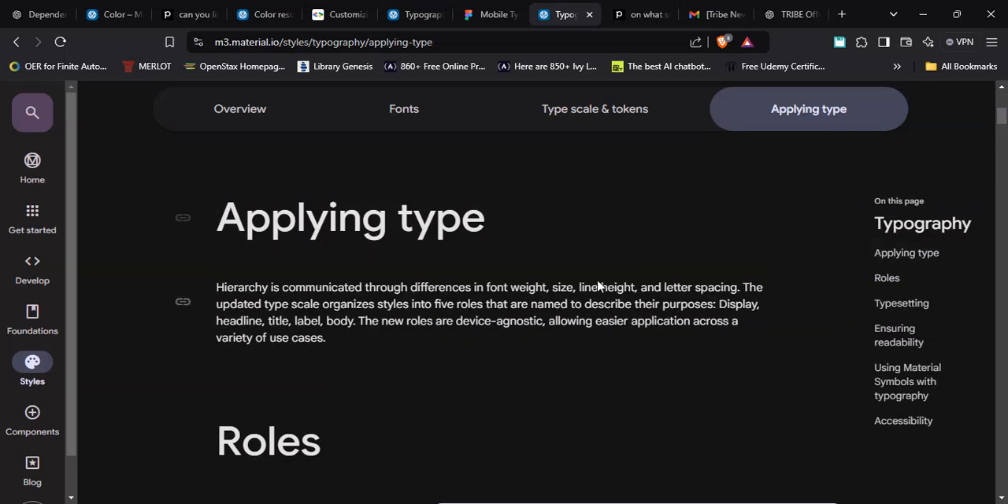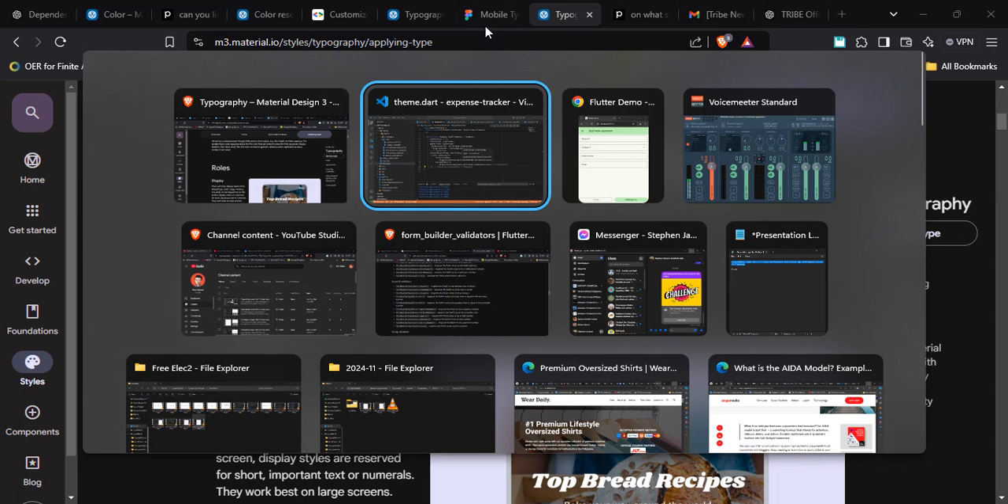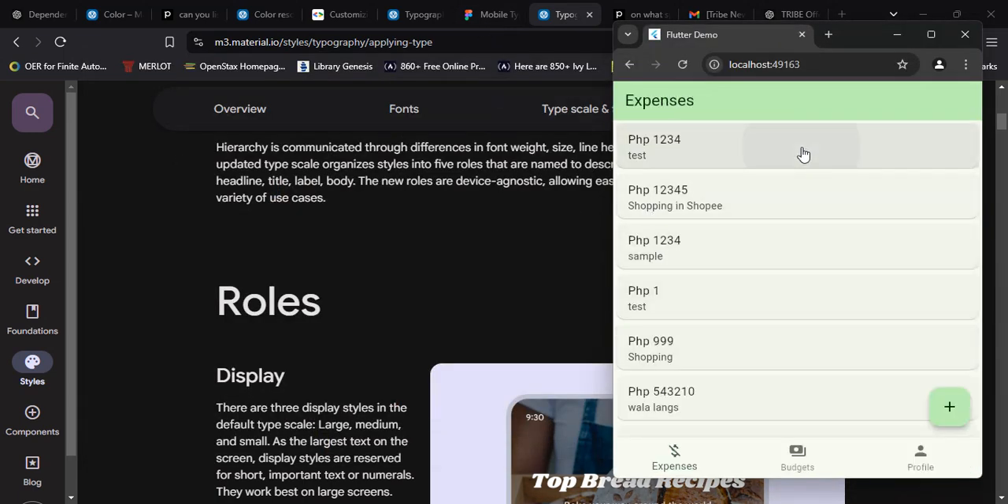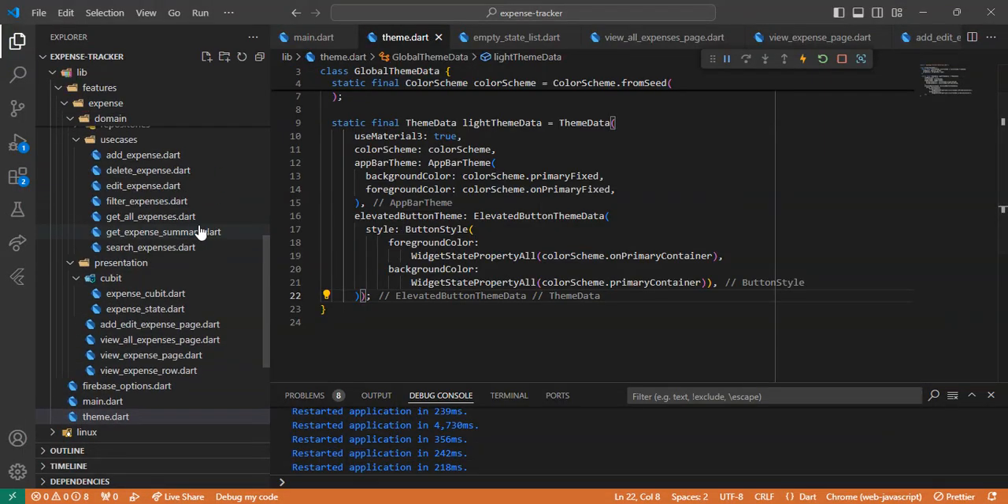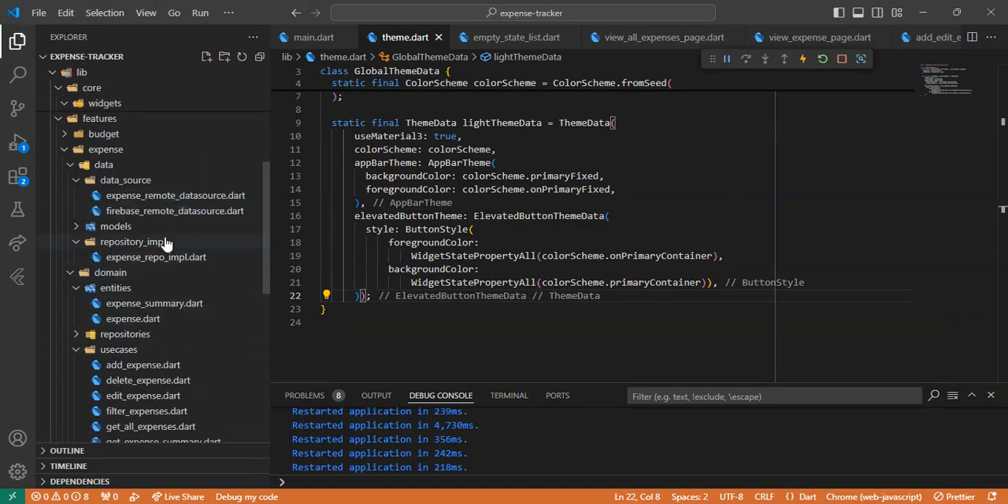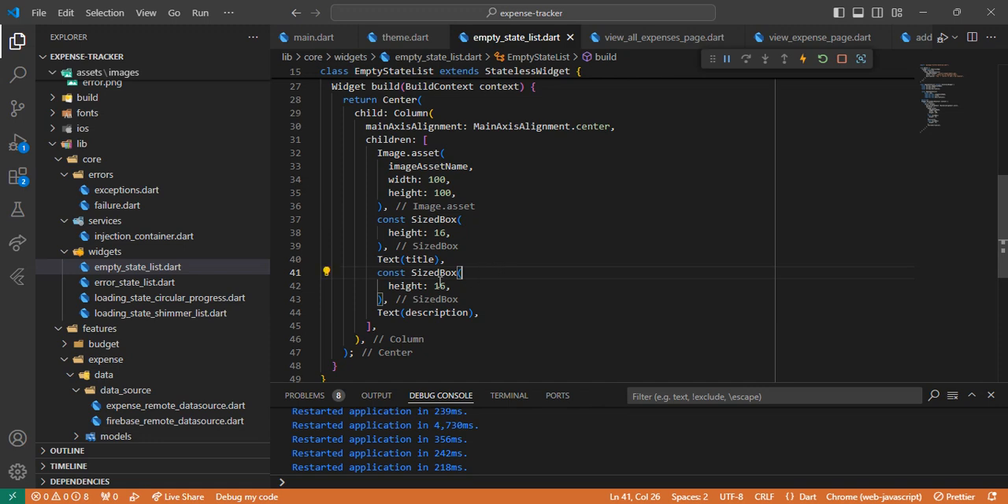So yan, and the reason that I orient you with the different typography, text scales or styles, is because, di ba, if you check, ito, for example, itong text na to, these are the same in style. In fact, yung default nila is body medium. Even if we go to our widgets natin, hindi pa nga natin to na-style, no. So if I run this empty state,